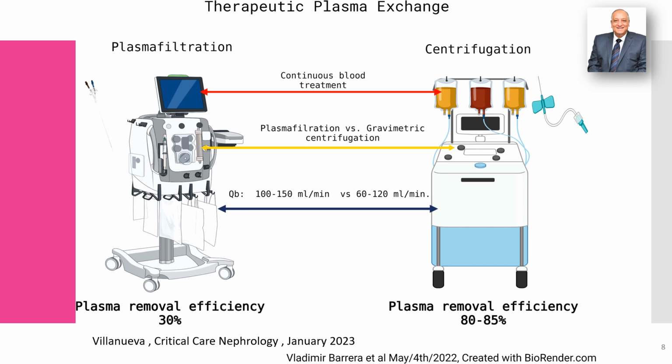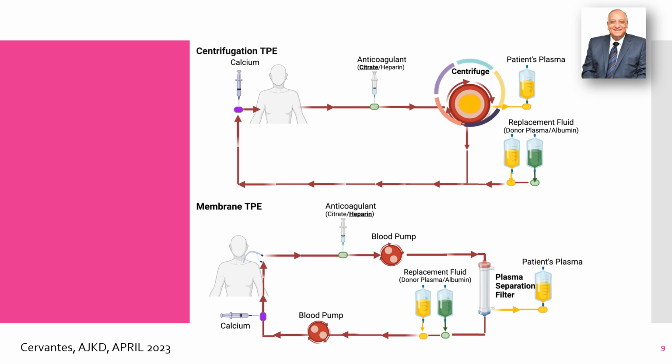Both plasma filtration and centrifugation techniques have the same effect. However, centrifugation removes and separates the plasma more rapidly than the filtration technique. So the centrifugation technique needs faster separation and a peripheral access, while the filtration technique needs a central line, higher blood flow, and